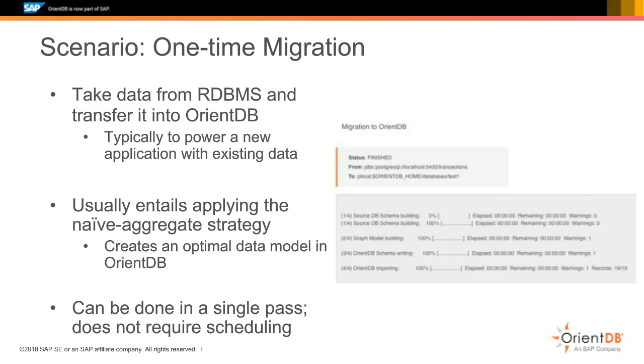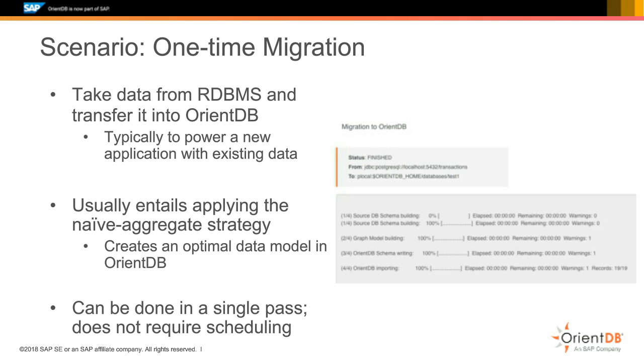So let's walk through 3 different scenarios. And again, this is a subset because there's essentially an infinite number of things you can do with this. But let's take 3 very common scenarios that people might want to use and see how this might actually work. So let's begin with one where we're taking information. We've got a scenario where we're going to move data away from the relational database, a one-time move. New applications are coming up, but let's say you want to bring over all or part of your existing relational data